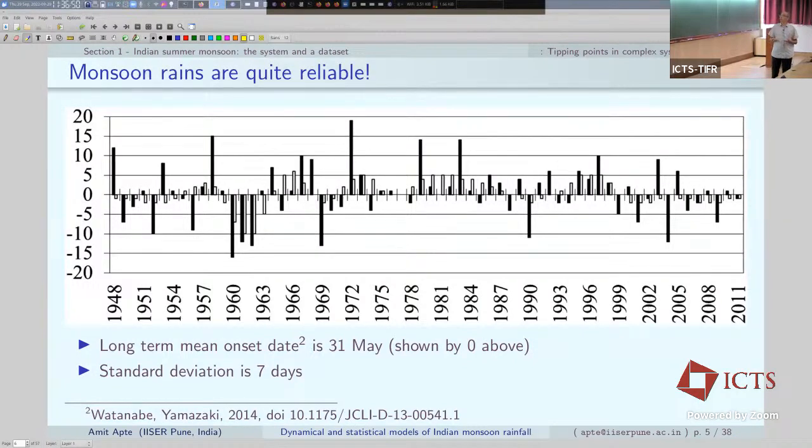But they are quite reliable in the following sense: if you look at the onset date of monsoon, it doesn't vary a lot. It's about plus minus 7 days. In fact, the standard deviation is 7 days for the onset date over the last 150 something years. And that's also partly because earlier the data sets were not so robust. So maybe if we go back and recalculate the onset dates, this could be reduced even further. You can see that the uncertainty on onset dates is much less now because we have availability of data sets. So it's quite reliable in this sense, that it comes periodically and with not too much variation.